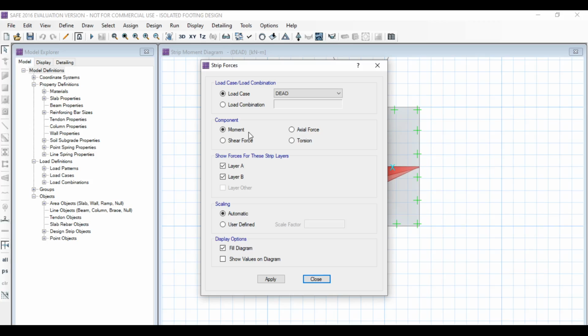Here you can check any value, that is moment, axial force, shear force, torsion, everyone by clicking one by one. Also you can change load case from dead load to live load, to load combinations combo 1, combo 2, and check all the values, that is moment, axial force, shear force, and torsion. Click on close.